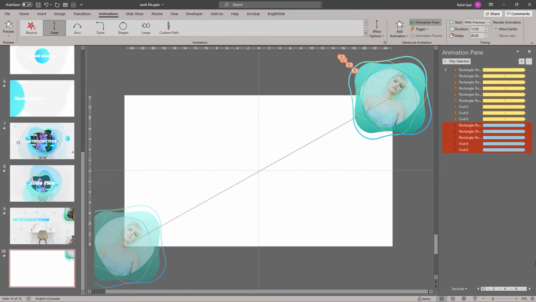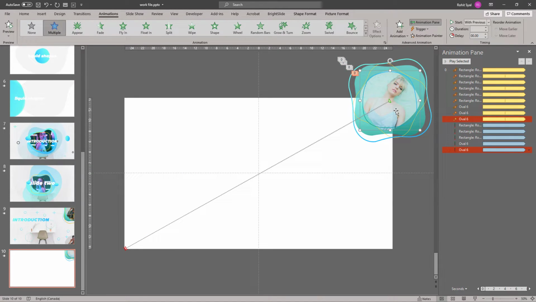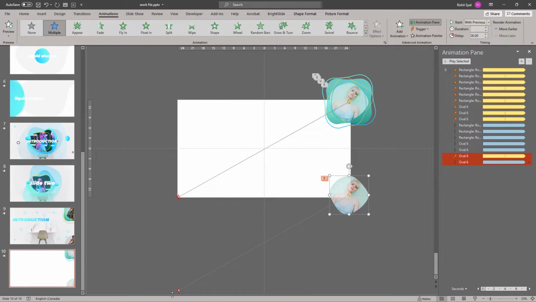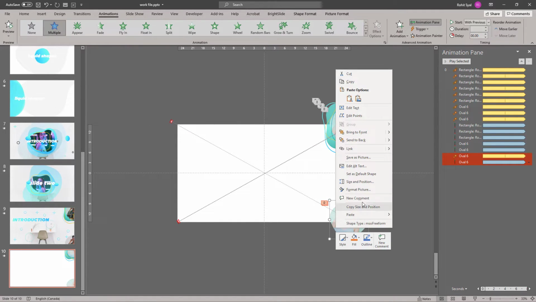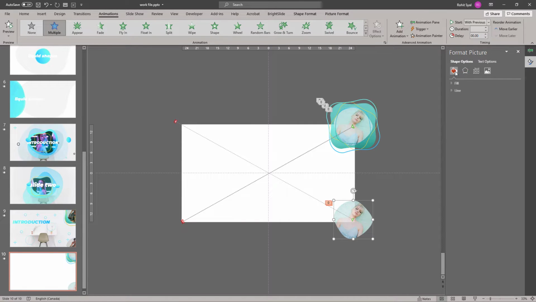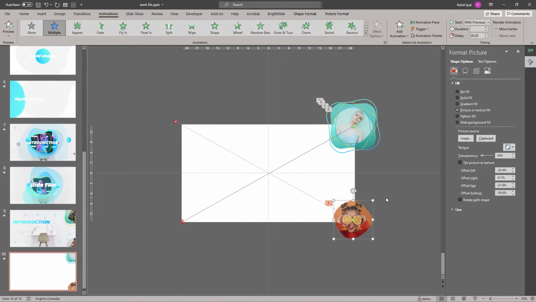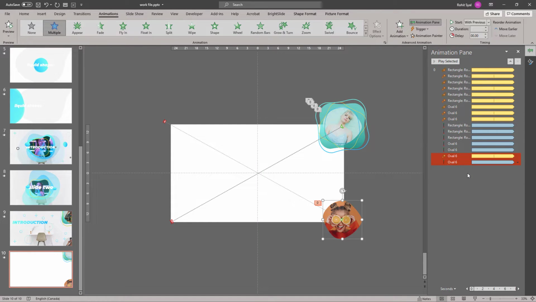Now, depending on the nature of your slide, you can increase the motion path speed, but for now we'll leave it at 15 seconds. Next up, let's select the shape that we initially made, make a copy of it, drag it down to the bottom right corner, and change its motion path to travel to the top left instead this time. Let's right click on it and change the picture. Let's go back to our animation pane and add an animation to this,